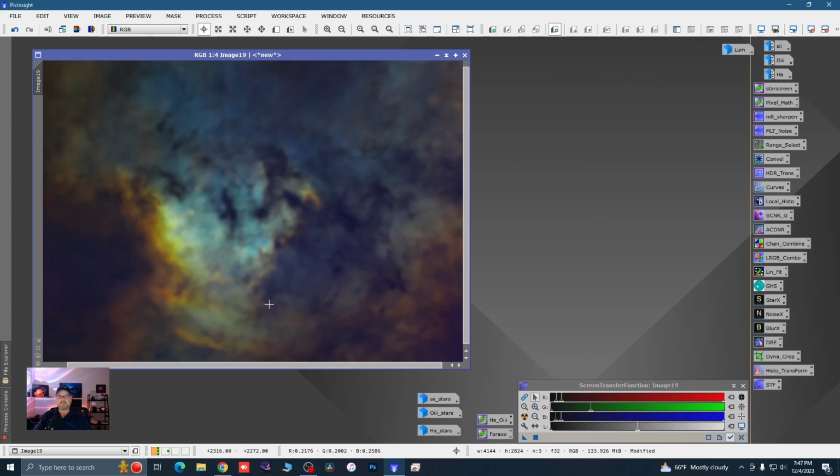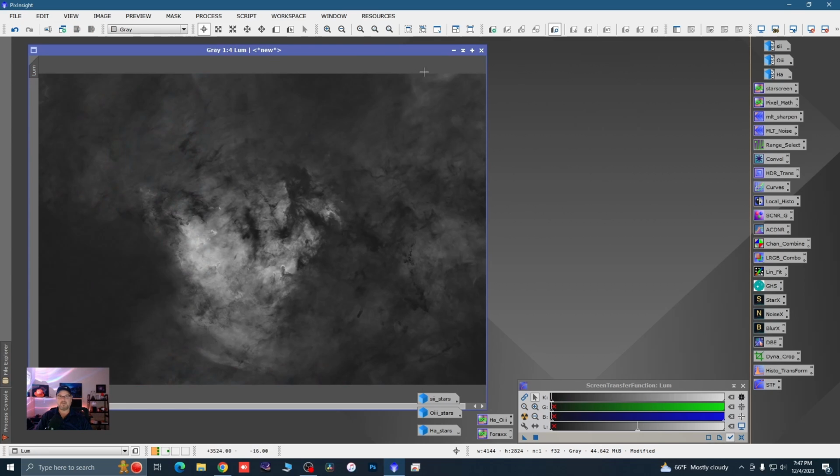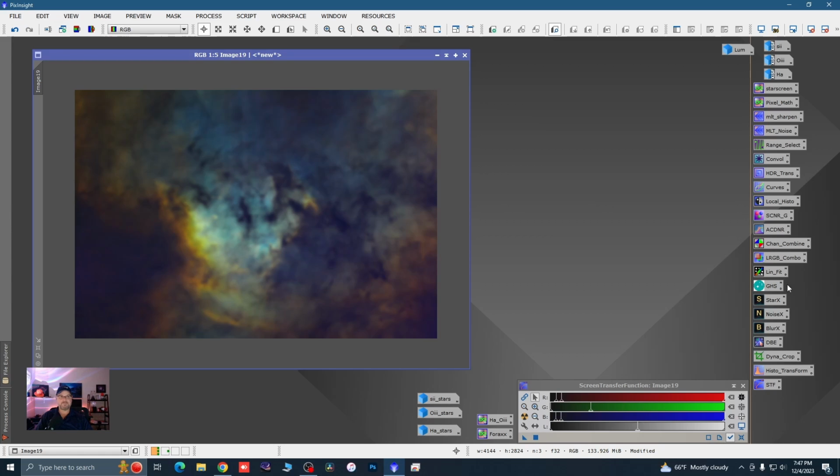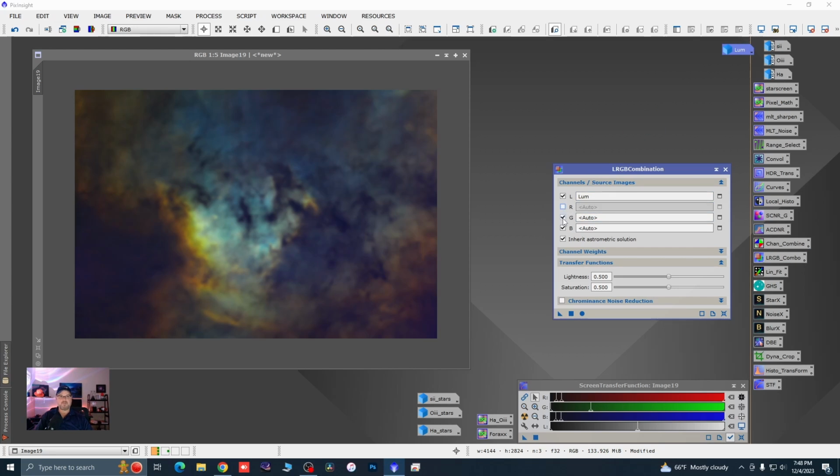So let's open up image 19 here, nice and blurry and colorful. We want to apply this luminance over this color data, and we're going to do that with LRGB combination. So we're going to dump our luminance in the L. We're going to turn off the red, green, and blue. Now,